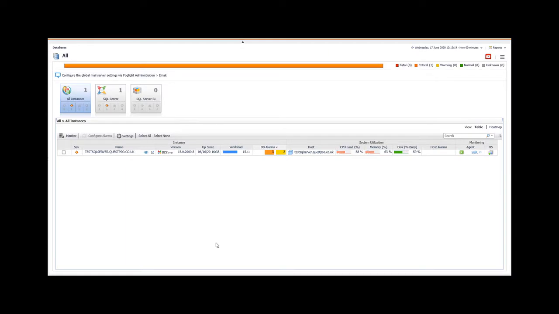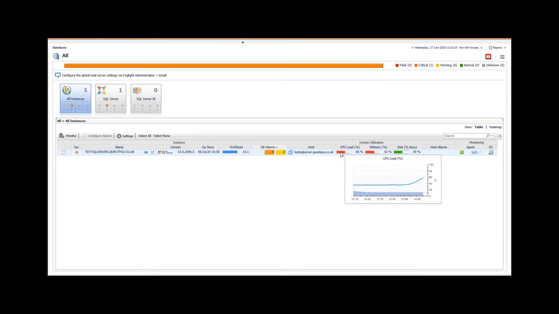Hello there. We're going to take a quick look at how we would go about investigating a high CPU load situation within Foglight. As we can see here, there's a couple of areas that we might want to investigate this. The first one I'm going to show you is around an alarm showing me that the CPU on the VM here is suddenly spiking. It's not within the baseline we'd normally expect to see for this time of day, and therefore its traffic light is red there, so we need to go and investigate that.